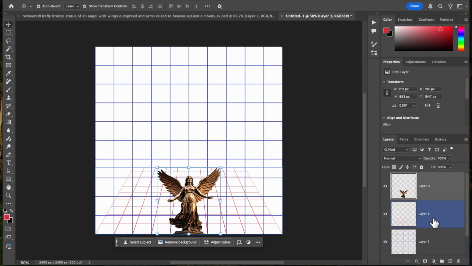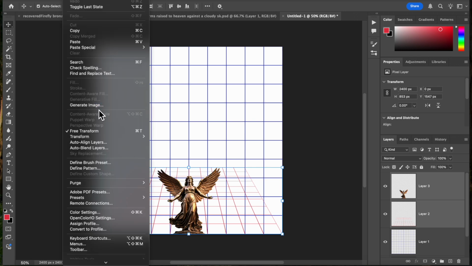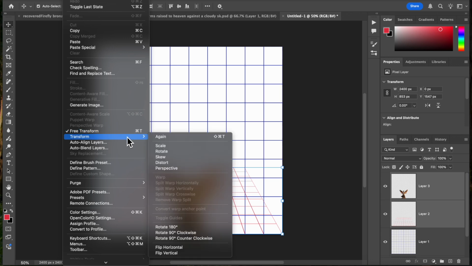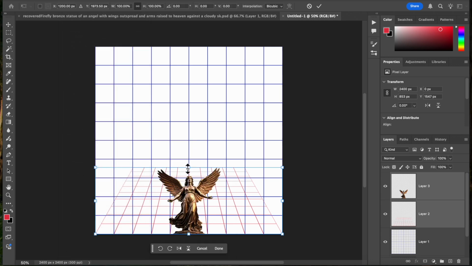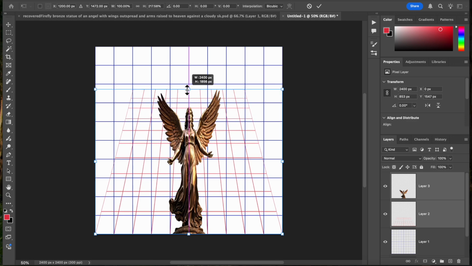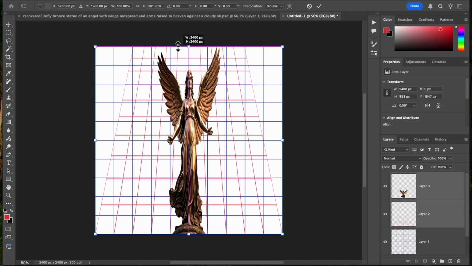Now I'll select the angel and the perspective floor, and we'll distort this. We'll use this to distort what it would look like if painted on the ground, in other words, the grid that we want on the ground. So we've got these both selected now. I'll go back to Edit, Transform. Oops, let's not get that out of line here. Take this up to the top. Probably going to have to do a little bit more after I do this. I'll take it all the way up to the top. Commit to that. Then Edit,